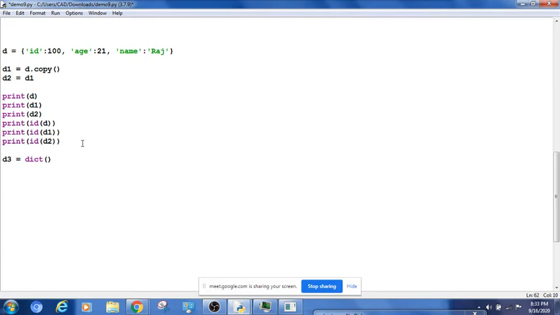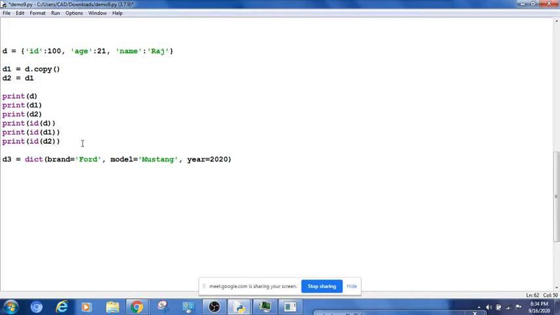I can give any information here. Let's take an example: brand equal to Ford, then model equal to Mustang, and maybe year equal to 2020.